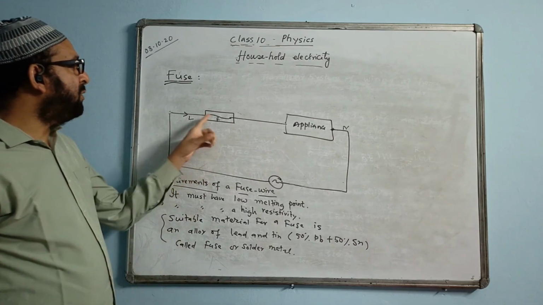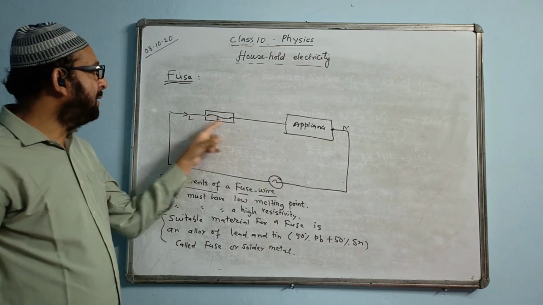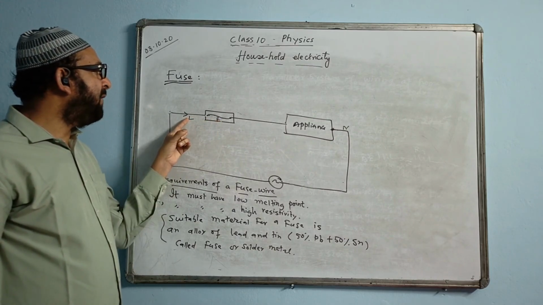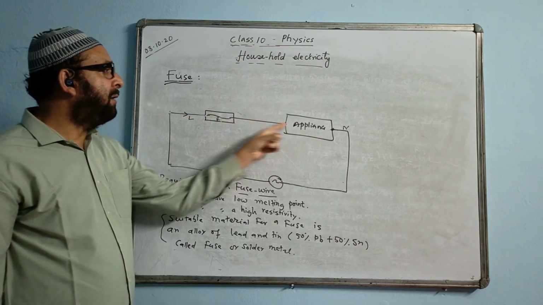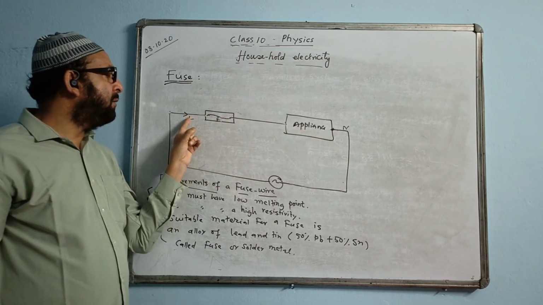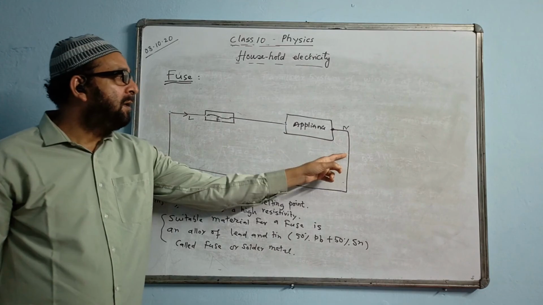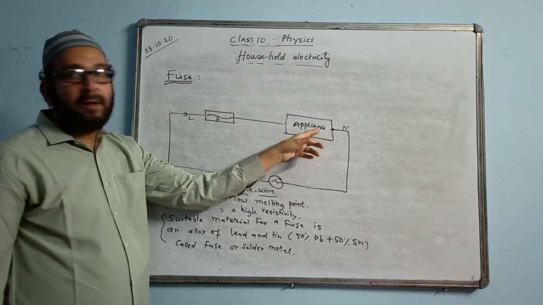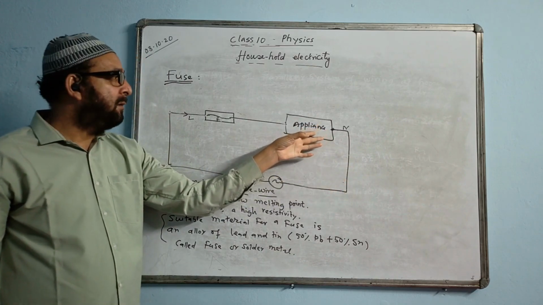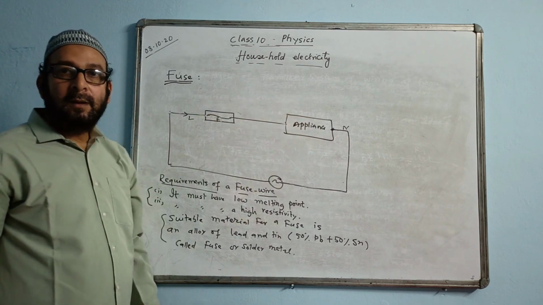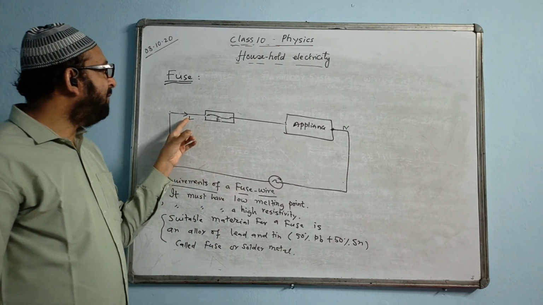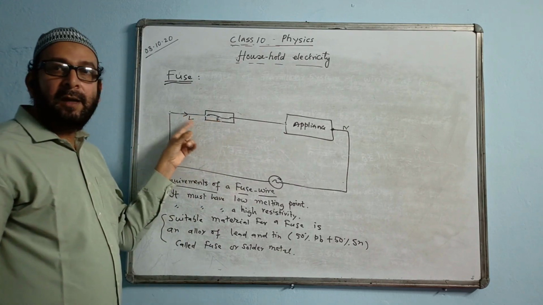Another thing you must have seen out there: the fuse is connected to which kind of wire? It is always connected to the live wire, because through the live wire only the current enters the appliance. In order to prevent damage to the appliance, the fuse must be connected to the live wire. Suppose you connect the fuse over here like this. The current will already be running through the appliance, and here it will get stopped. That means whatever damage the appliance has to get will still happen. The appliance damage cannot be prevented in that case. So the fuse is always connected to the live wire in the circuit.